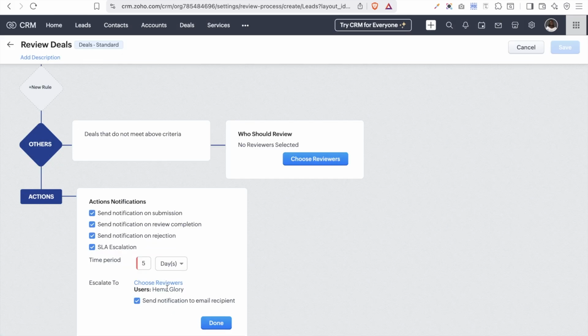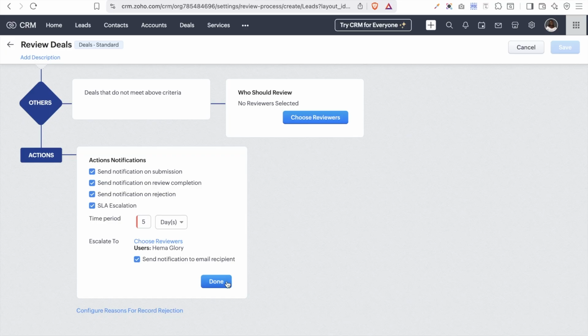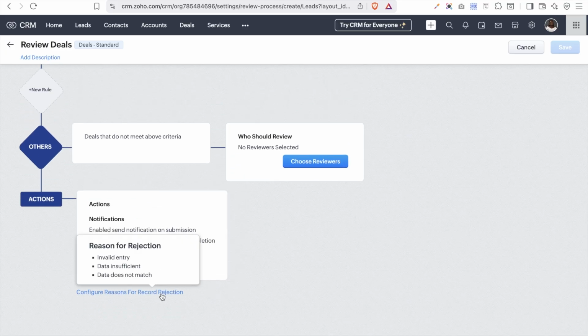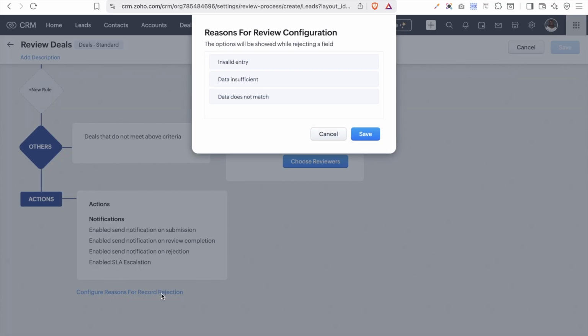And an email will be sent to me if the deals have not been reviewed after 5 days. So when I'm done, I click on done, and also I can configure the reasons for my record rejection. So if a particular user wants to reject a deal, we have these options we can add. They can say that they are rejecting this deal because of invalid entry, or if the